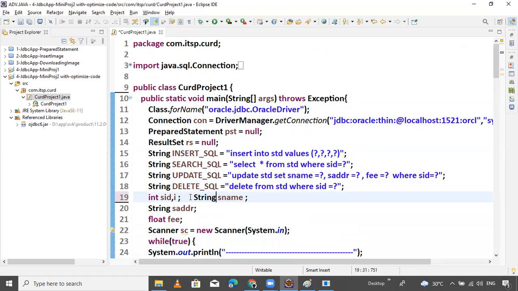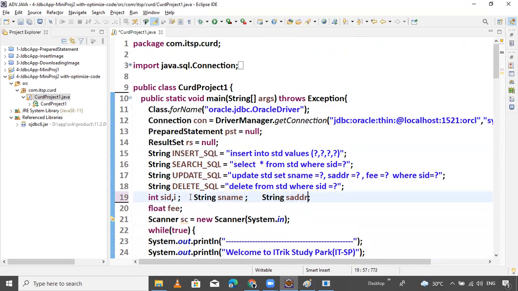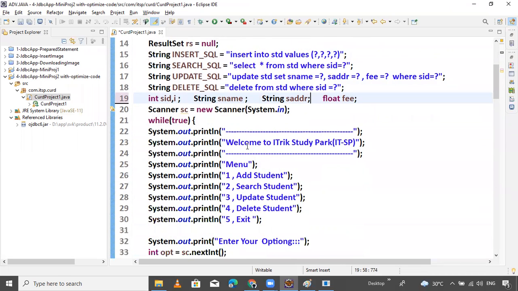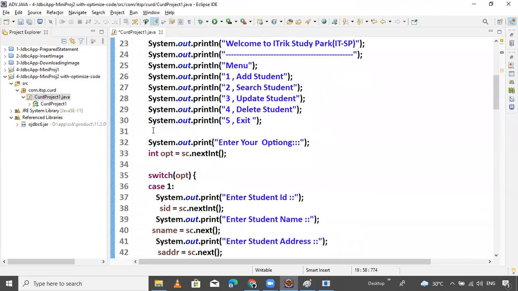While loop, this one is the query statement.